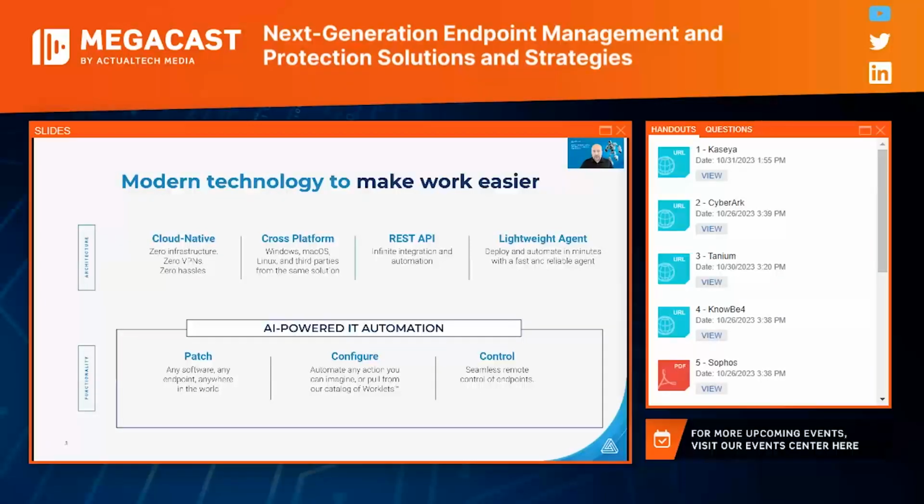As far as our functionality goes, we build it around three core functions: updating software packages, configuring endpoints, and controlling them remotely. That is where we build the entire premise of our policies and our automation flows around making each of those as simple to do as humanly possible. And we even thoughtfully include limited AI to make that helpful. It's not there to replace the human. It's there to augment you and to make everything go faster.